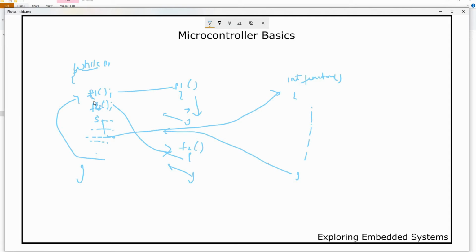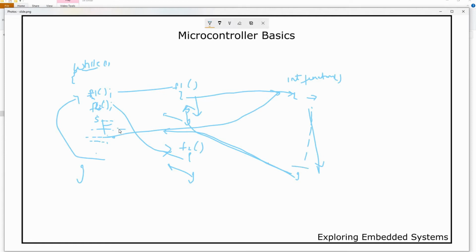Irrespective of whatever you are doing in your code, as soon as the interrupt happens, it will jump. Let's assume the interrupt happens, it will jump into the interrupt function, execute whatever code is written there, and jump back from where it had left. So now let's see how to write an interrupt function. If you write a timer 0 interrupt function, you keep doing whatever you want to do. As soon as the timer 0 interrupt happens, it will automatically stop whatever you are executing, jump into the timer 0 interrupt function, do whatever is written and jump back.